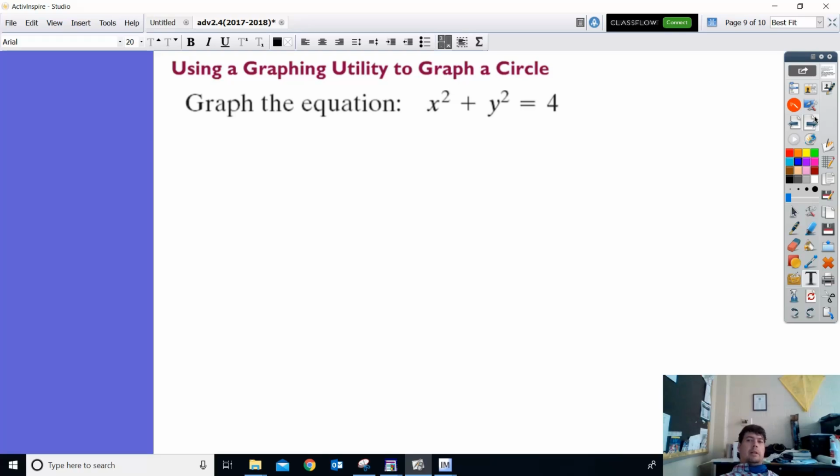Is this the last thing in your notes? Using a graphing utility to graph a circle. Let's see. Emily, you were trying to do this, weren't you, to check your equations? Yes, she was. And then we just kind of pointed out Desmos can do everything. You know how that went? Well, you can actually use a graphing utility to graph a circle. If you think about your TI-84 faceplate, though,